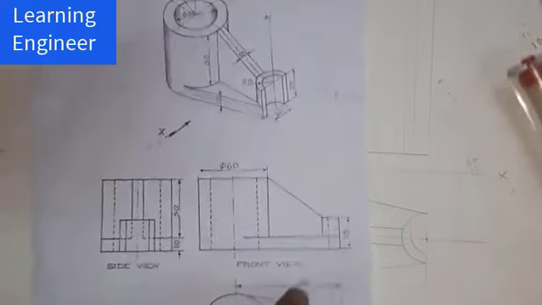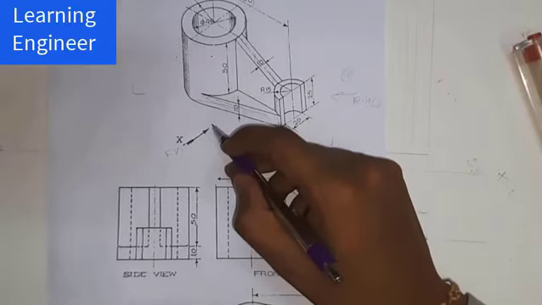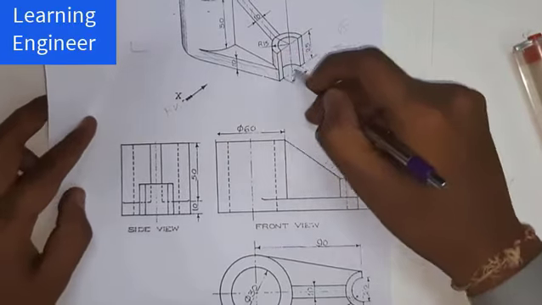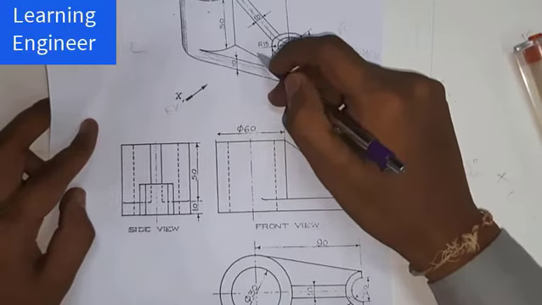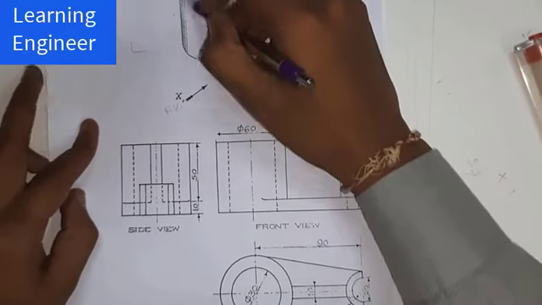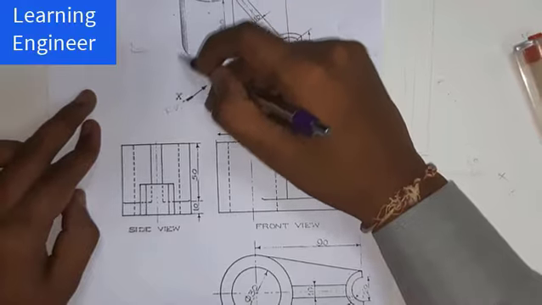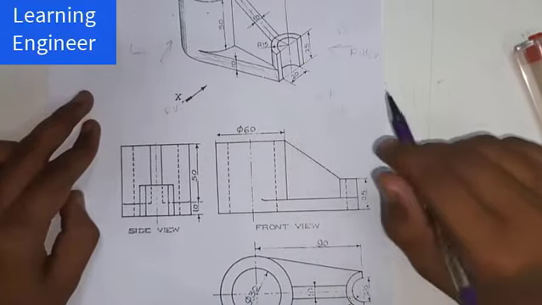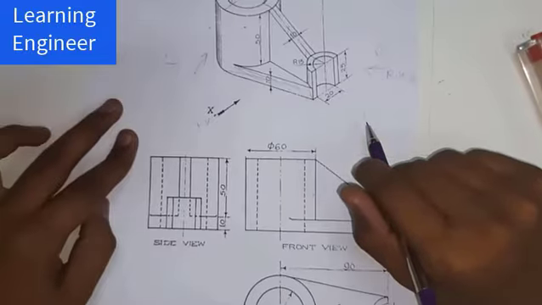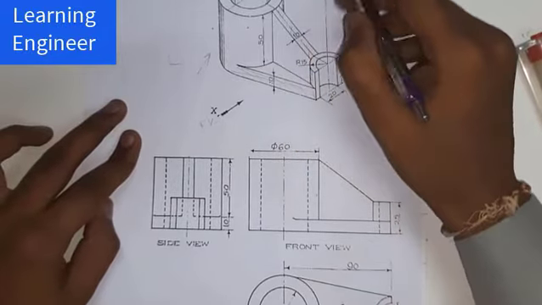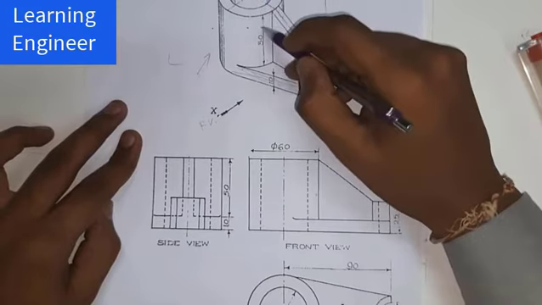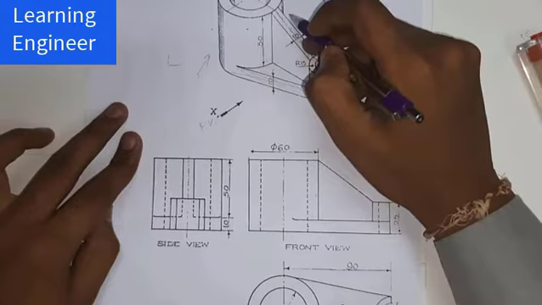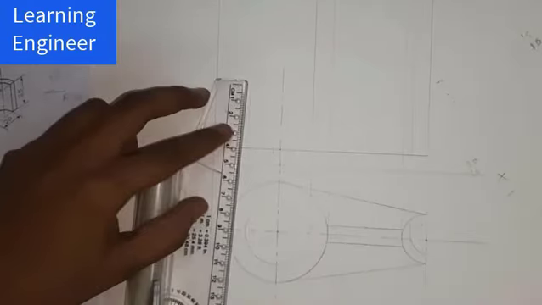You can see, now when I am looking in the direction X for the front view, first I will be able to see this part, okay, this rib of 10 mm, and then I will be able to see this rectangle. Okay, this circular part, when I see it from this side, will look like a rectangle. So the size of the rectangle will be 50 plus 10, that is 60 by 60. So this height will be 60 millimeter.